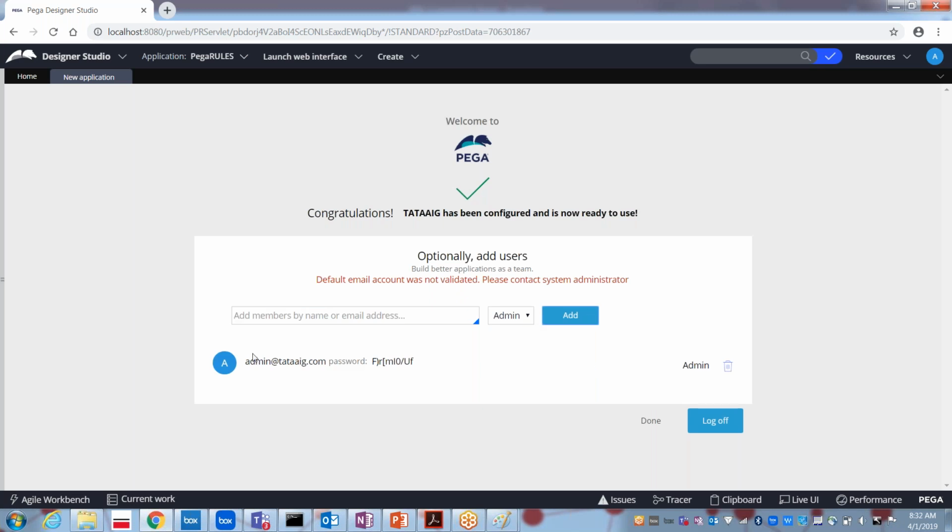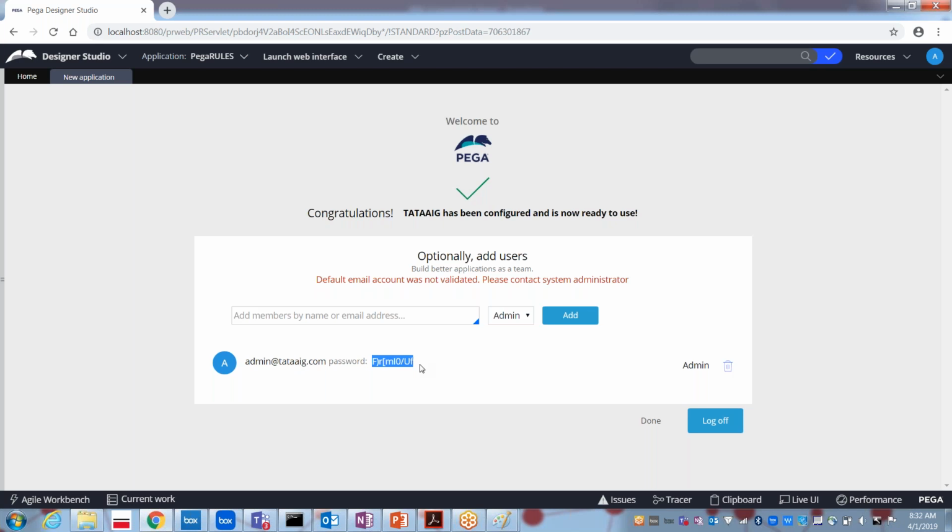See here, admin at tataAIG.com with a password it has given. This is the default password generated by Pega. If you want to log in to this application, with this password and this operator ID, you can log in.